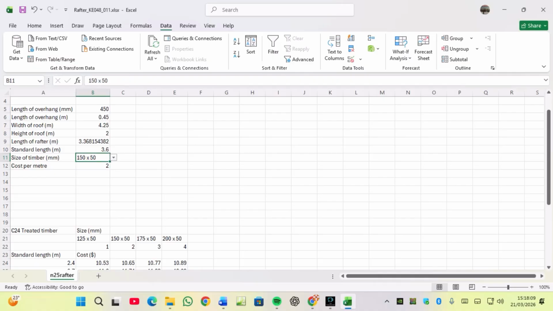150 times 50, I get 2. What about if I change this to 125? I get 1. And if I change this one to 200 and 200 by 50, I should get 4. So the HLOOKUP is working. If I take 175 by 50, I should get 3. Yes, but this formula I'm going to use it